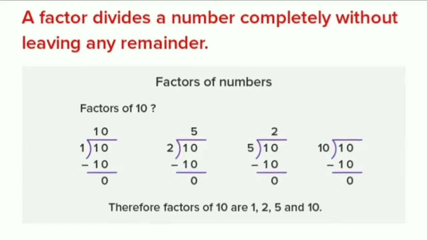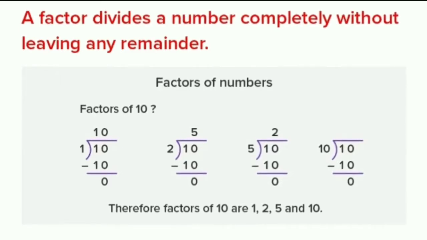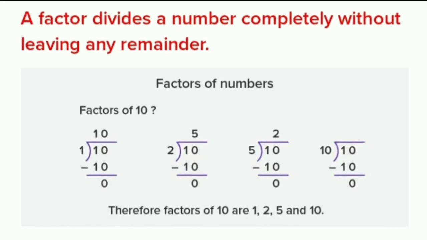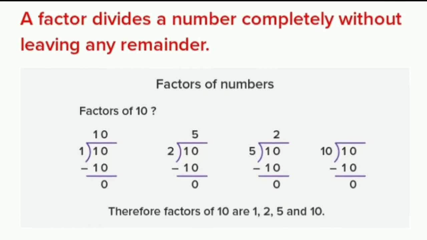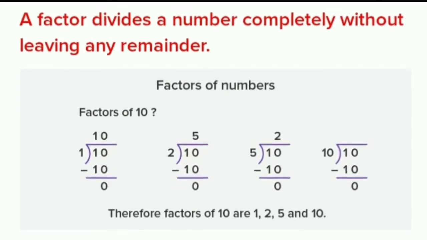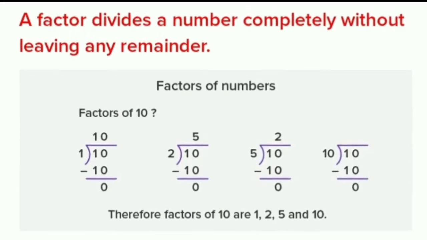For example, if you have to determine the factors of 10, how will you determine them? You first divide it by 1. You will get the factors as 1 and 10. Again, 10 comes into the table of 2 in the form of 5. So when you divide 10 by 2, you get the factors as 2 and 5. Similarly, when you divide 10 by 5, you get the factors as 5 and 2. And when you divide 10 by itself, you get the factors as 10 and 1. So, the factors of 10 are 1, 2, 5 and 10.